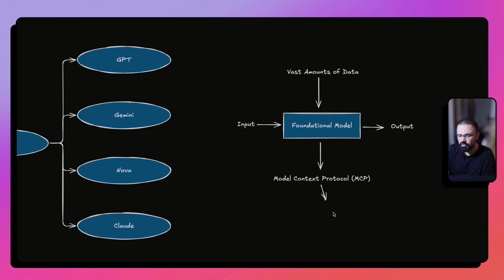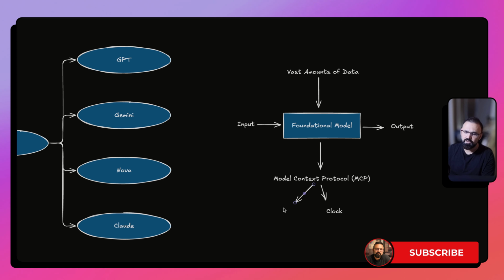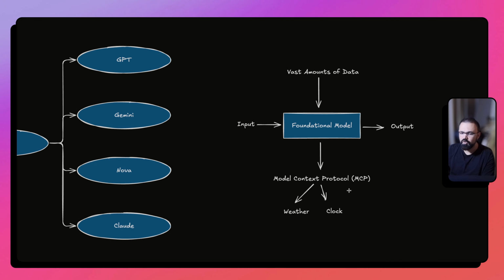And this Model Context Protocol can have, for example, a clock or time integrated with it, or it can have an integration with a weather API, or an integration with news, right? So all this can be achieved. And more importantly, these days we're also seeing integration with search, so it can search on your behalf. When you add this additional power to your foundation model, this becomes an agent. But we still have involvement in that you're adding an input and expecting an output, so in all these things, there's an input from a human.